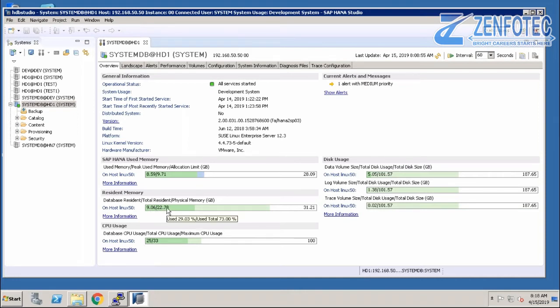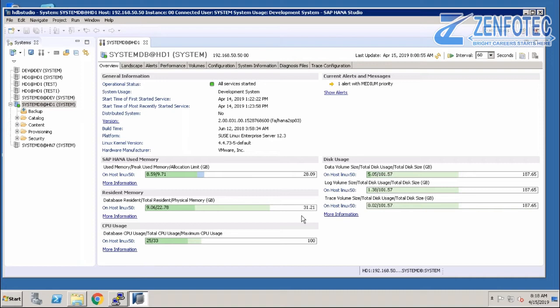Is this clear? If the 22.78 gets filled, do we have to extend it?